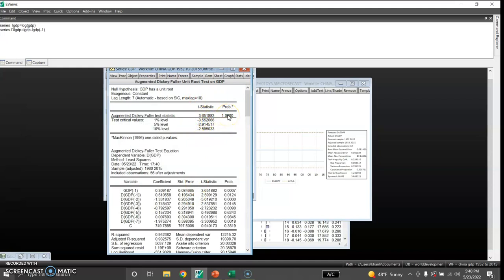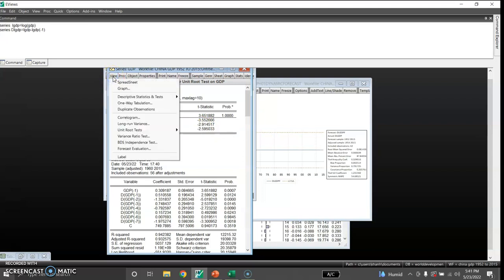The p-value is 1, so we failed to reject that China GDP has a unit root at level, because this augmented Dickey-Fuller test statistic is greater than the test critical values at 1% level, at 5% level, and at 10% level. And after this, I would like to check the unit root test using the difference of the log of GDP. So